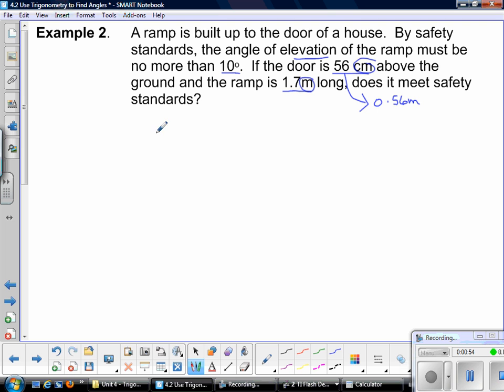So what I have is the door to my house is here, right? And I have to build a ramp, okay? So what I'm going to do now is actually create it by drawing my picture. So I have the bottom part of my door, okay? And the bottom part of my door tells me that I need to,